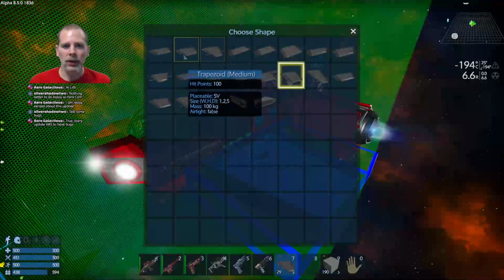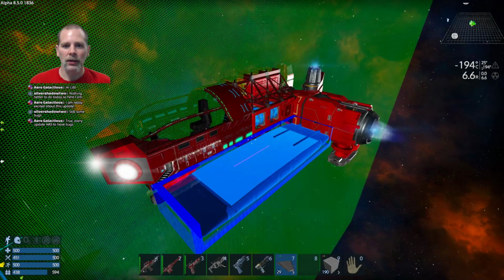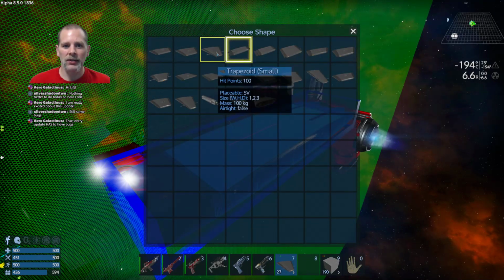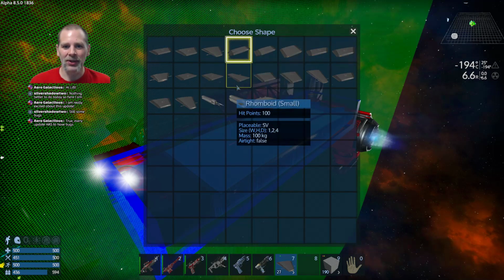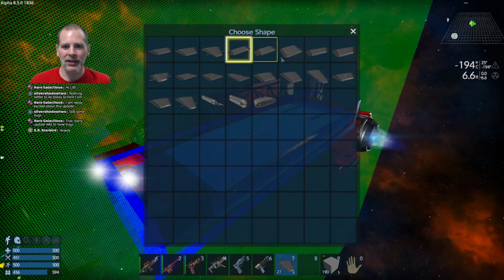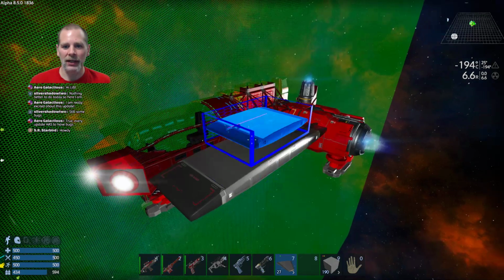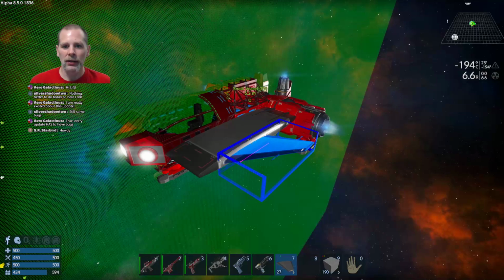So we're going to go with the big, where was that? Straight, large. It's just funny because if you look at the relative size of these, this one looks like it's bigger than that one. So they need to redo the icons or whatever. This looks like it's way smaller than that one, but that one's tiny. See? But yeah, we're going to do that, and then we can try...